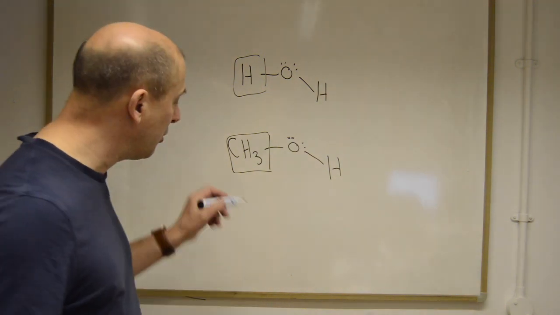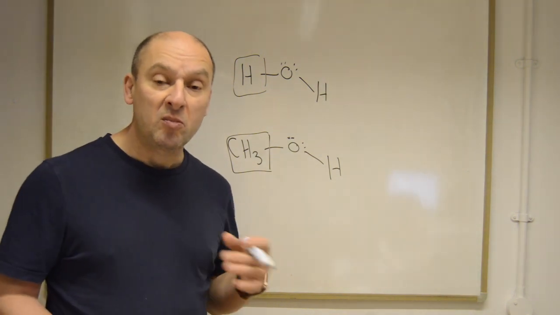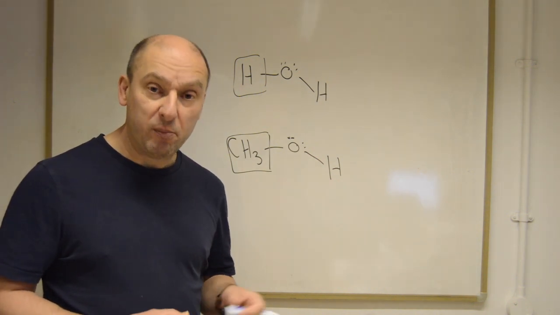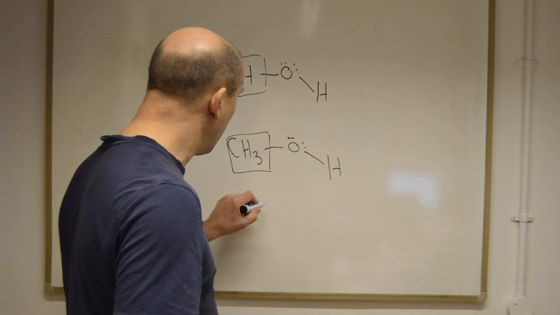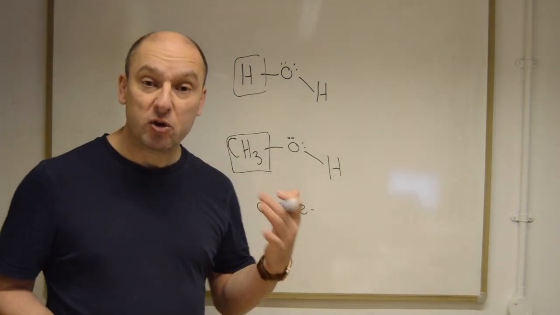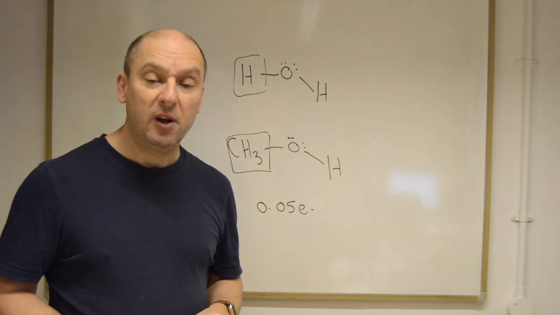To put that into context, with the method of charge calculation that we prefer to use, it equates to a difference of about 0.05 or a 20th of an electron. It's a small shift,